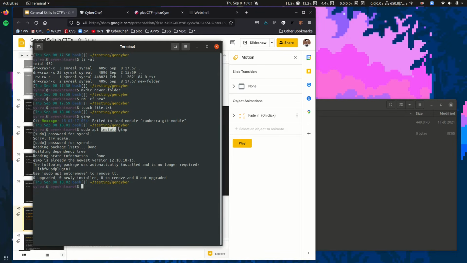We want to install, and then the program we want to install is GIMP. But as it says right here, it's already at the newest version, so there's really nothing to do. But that was a lot easier than trudging through the internet trying to find a good tutorial on how to install GIMP through Software Center.